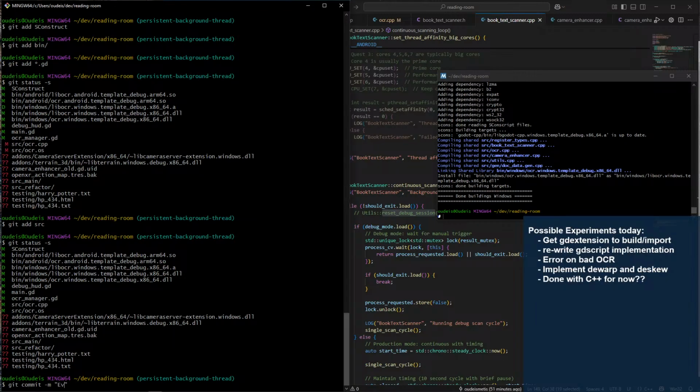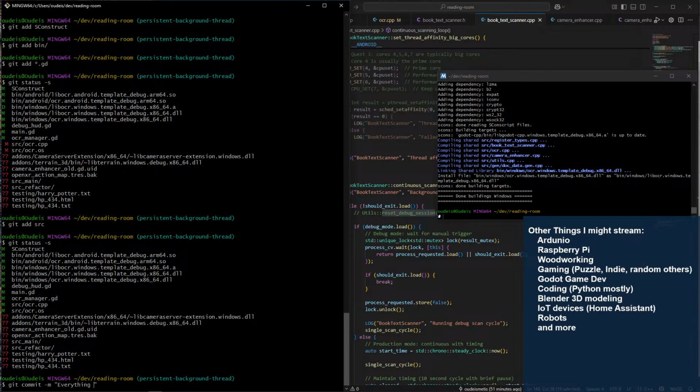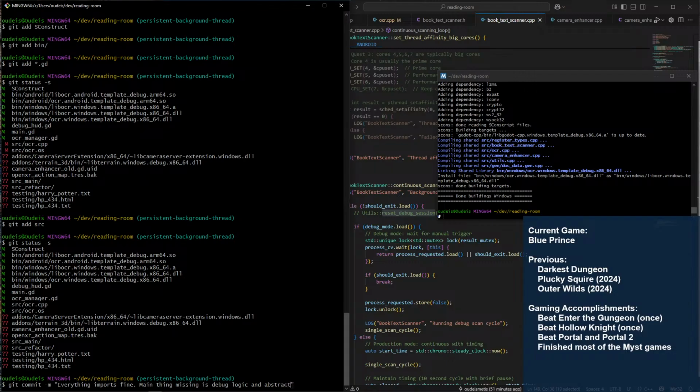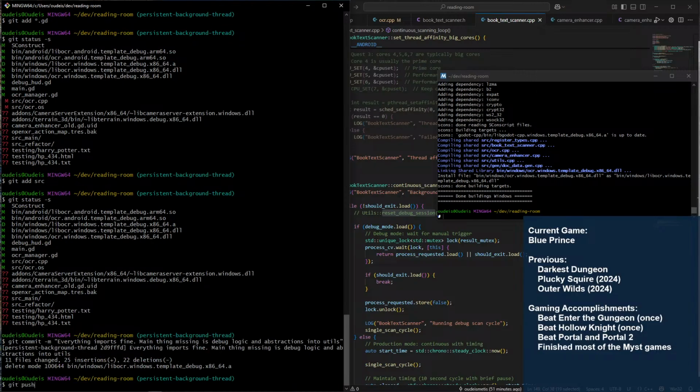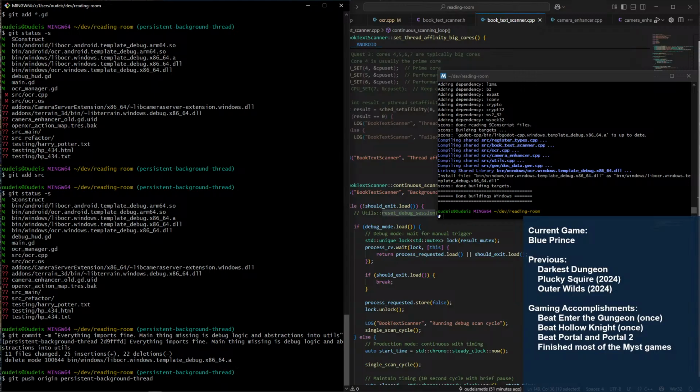So everything imports fine. Main thing missing is debug logic and abstractions into utils. I think that's what's been lost.